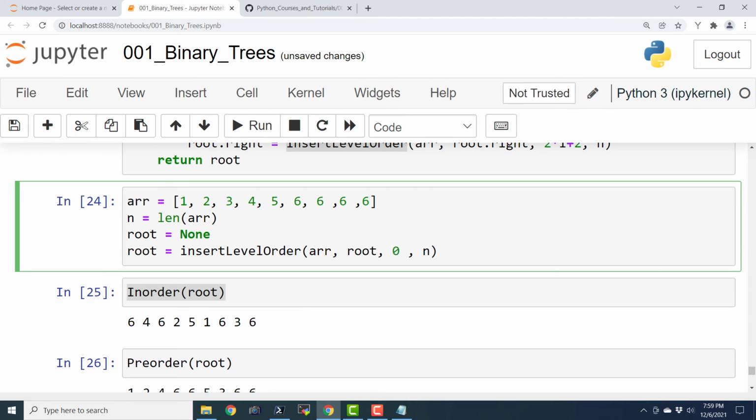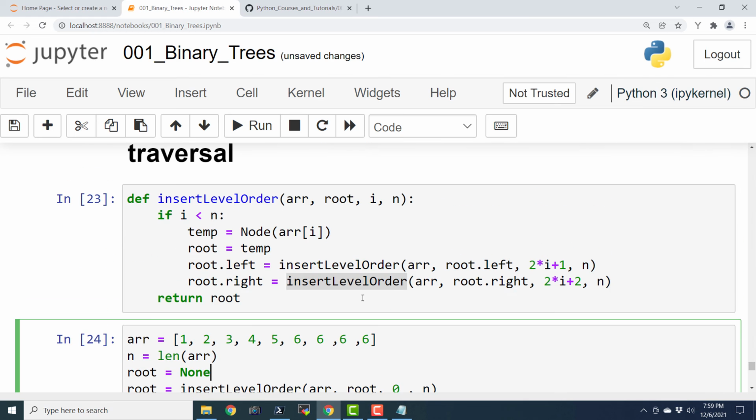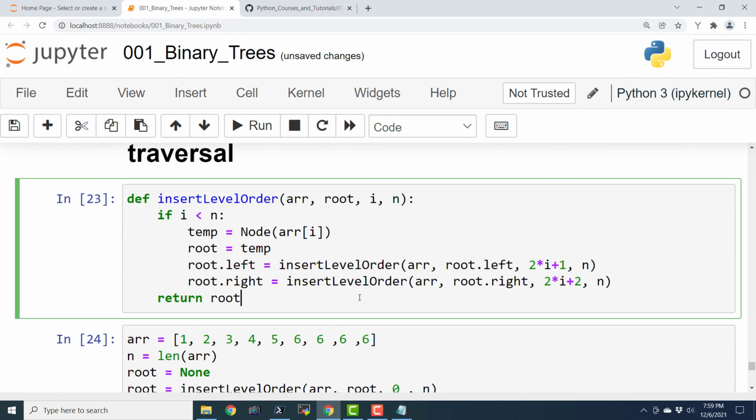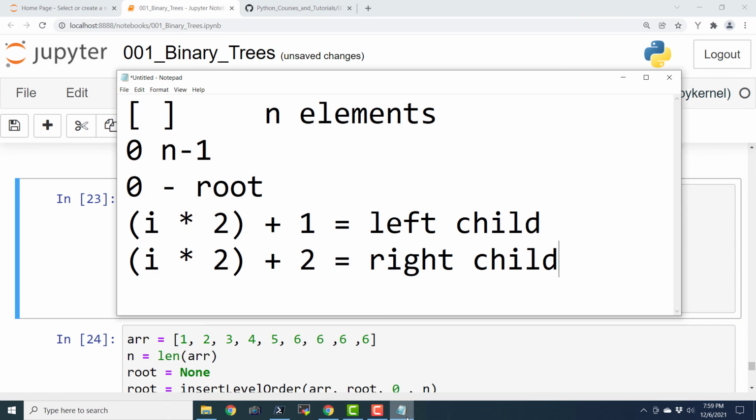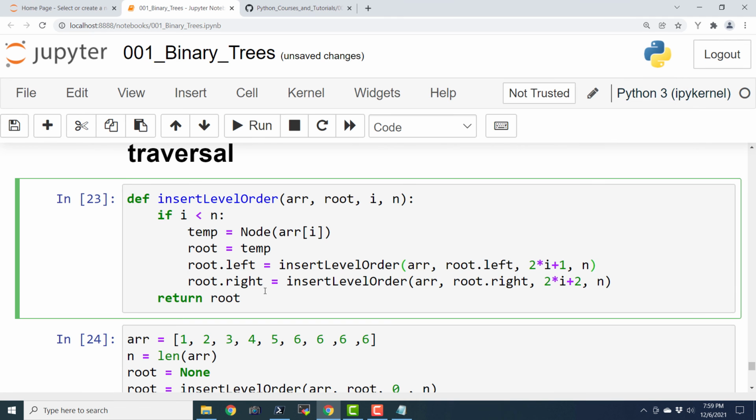I hope that you have understood the concept, how we have built the tree from the level order traversal. Before typing in the program, I had already revised how a level order list looks like and what the formulae associated with that are. Using the same formulae, we have defined the function.